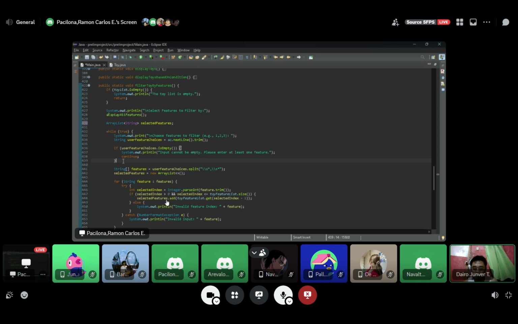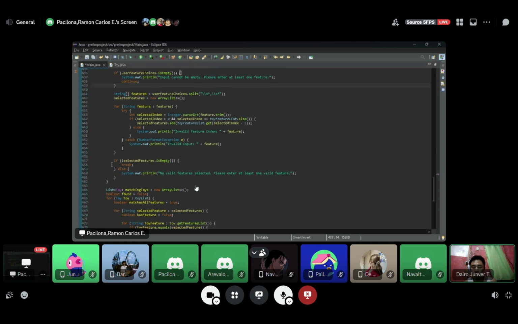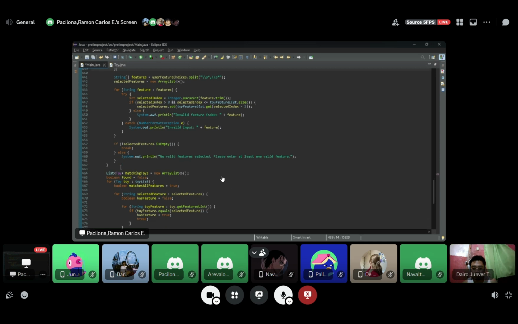From the bottom, in the try and catch, we also have error checking. It will notify the user of an invalid feature index, and from the catch, invalid input. And from the bottom, if the selected features are empty, the error message is no valid features selected. Please enter at least one valid feature. So let's go down.